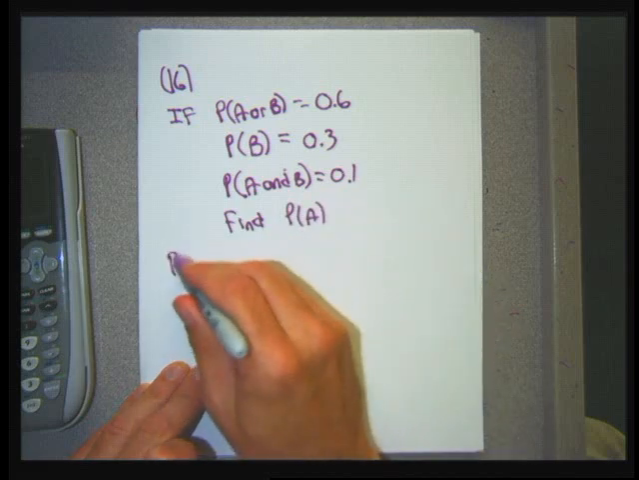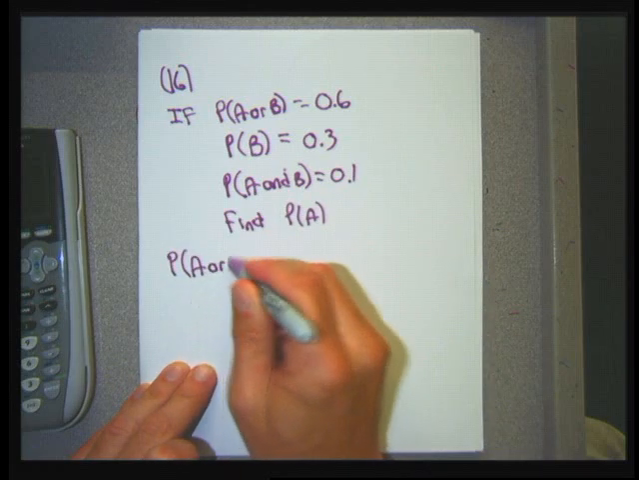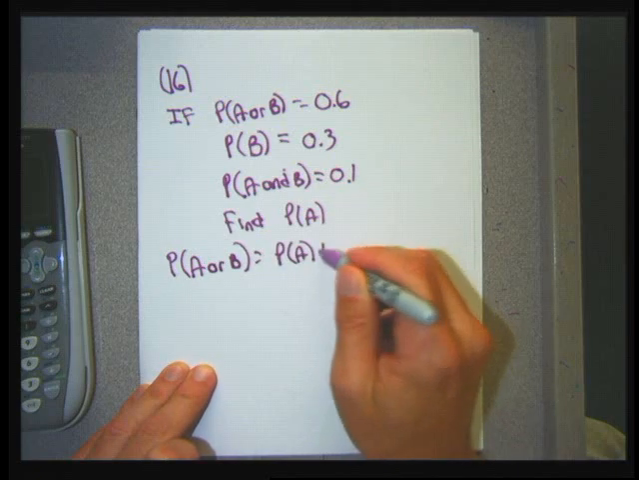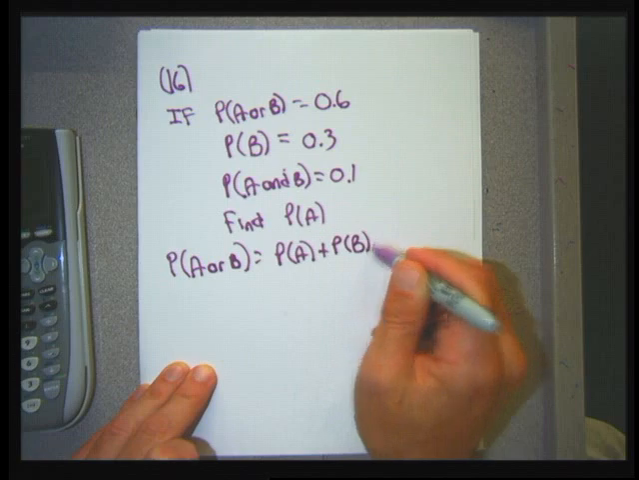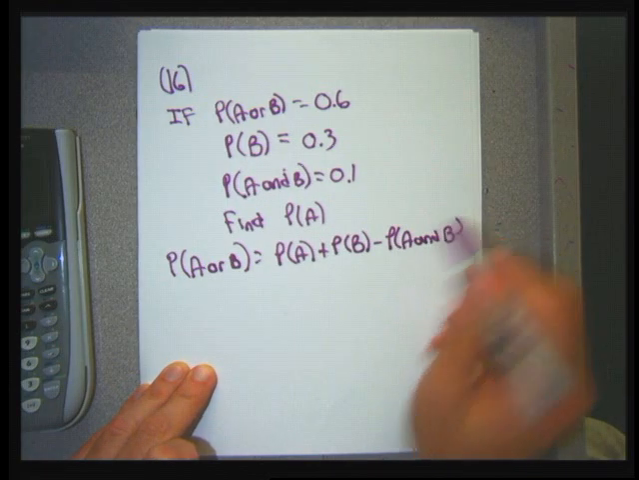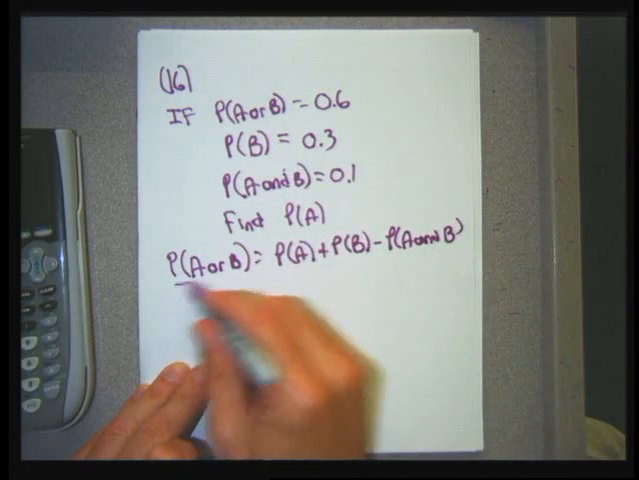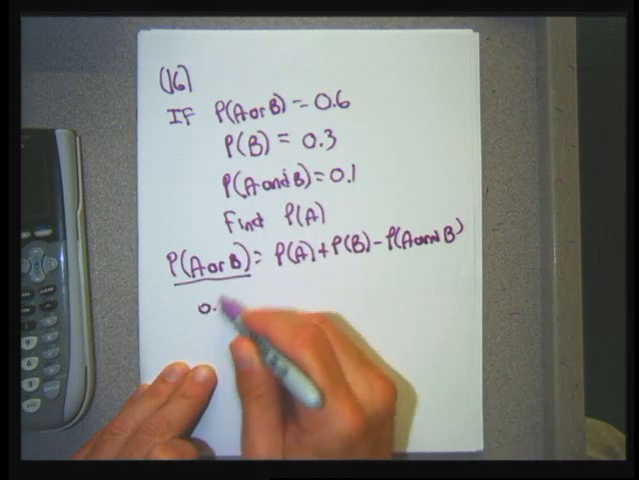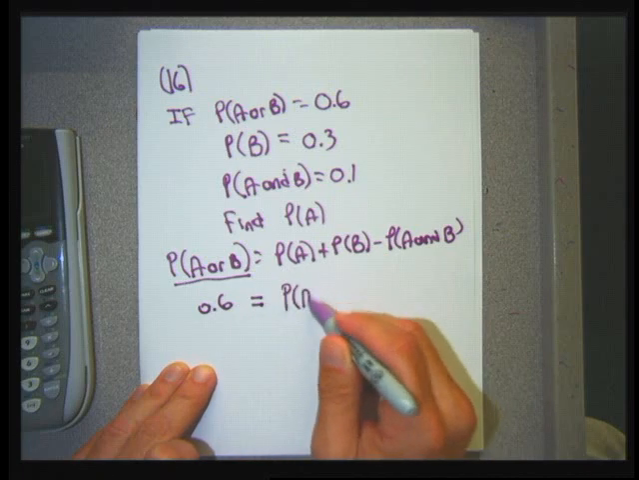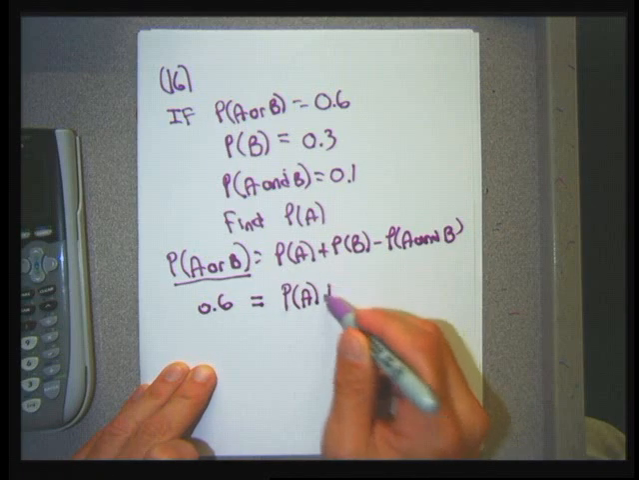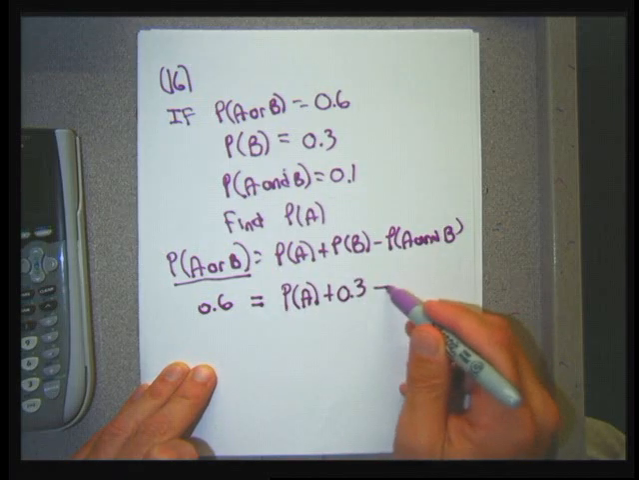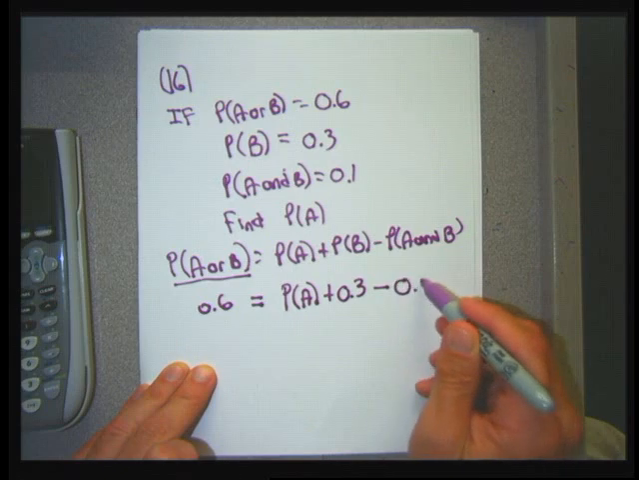So I'm going to use the formula, the probability of A or B equals the probability of A plus the probability of B less the probability of A and B. Now plug the numbers into the formula. For the probability of A or B, I'm putting 0.6. I'm bringing down my equal sign. I'm trying to find the probability of A, so I'm going to leave that symbol in the problem. For the probability of B, I'm going to change that to the number 0.3. And for the probability of A and B, I'm going to change that to